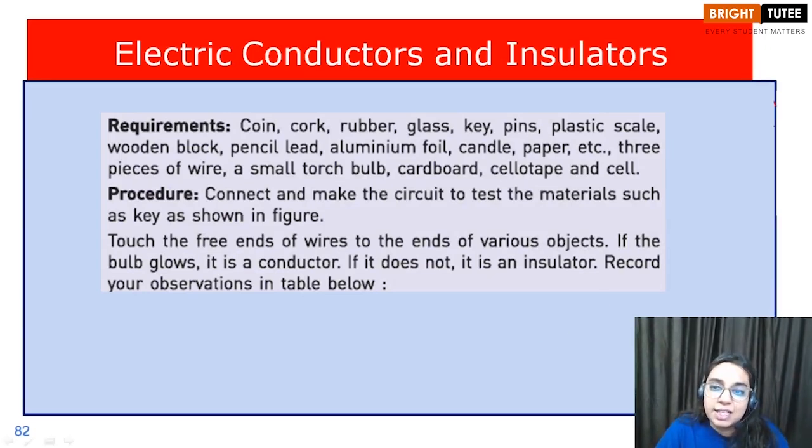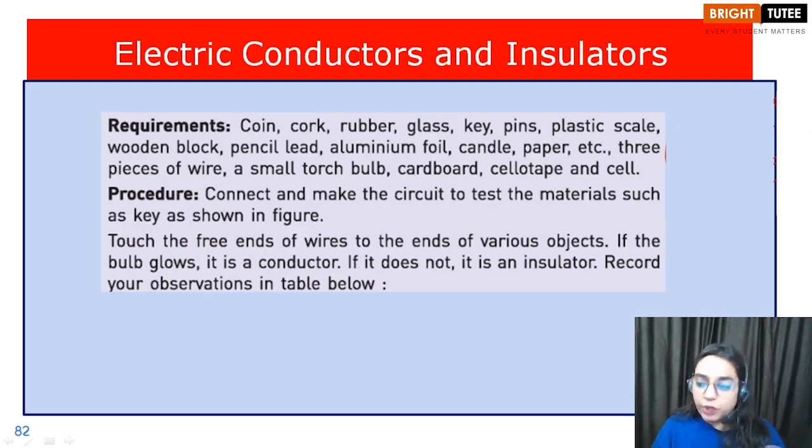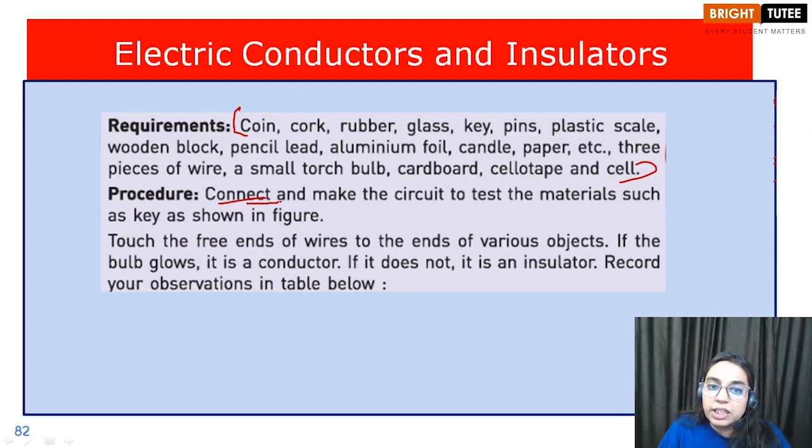Because we are testing the different materials, whether they are insulators or conductors. So children, collect as many samples as you want, whatever you want to test, be it a pen or a pencil or a sharpener. You can collect as many objects and write them in the requirements. Then children, what we are going to do is connect and make an electric circuit to test the